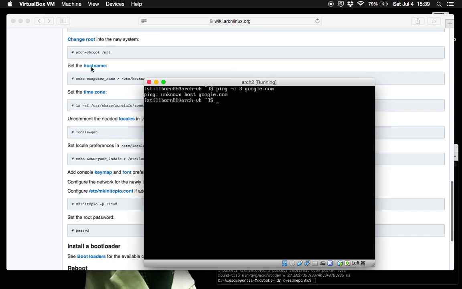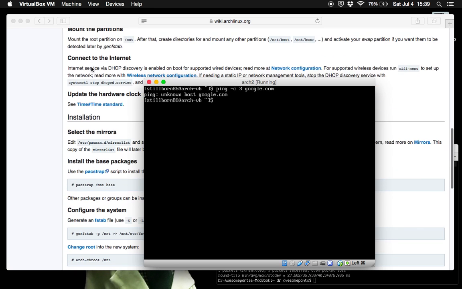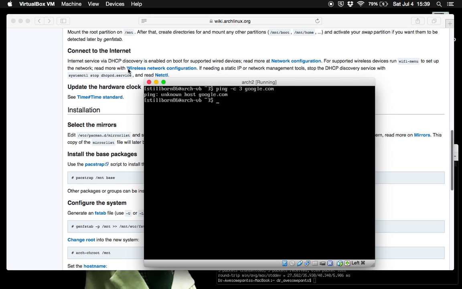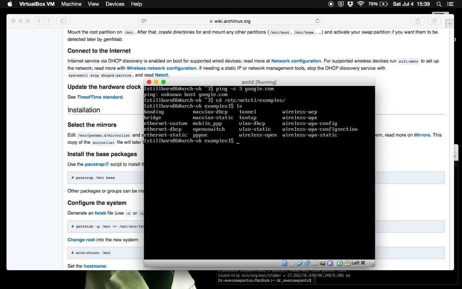Nothing. Which is why I don't understand why it wants you to set up the internet up here with any TCL, because we're about to do that now, since it just didn't work. So let's go to Xfce, netctl, and then examples. If you ls, it'll give you a list of different profiles. You can have Ethernet custom, dynamic IP, static IP. You can have wireless over here on the right side. There's a whole bunch of stuff. But since, again, we're using Ethernet, I'm going to use a dynamic